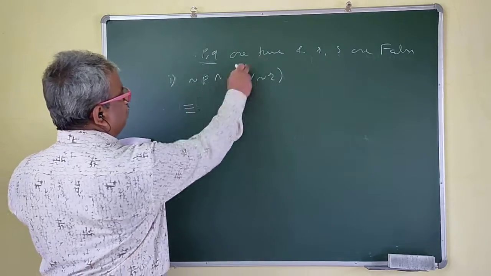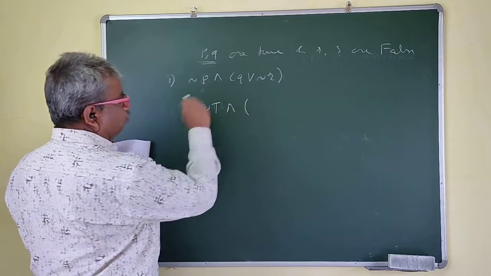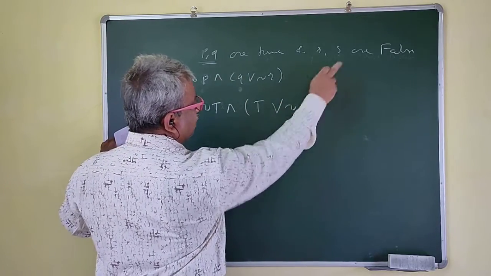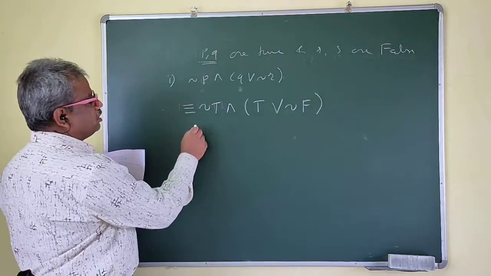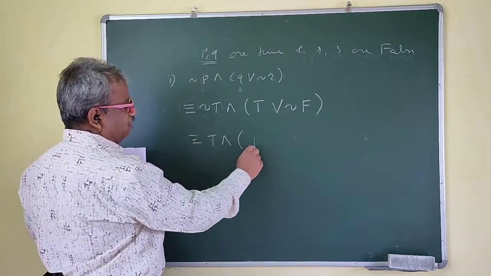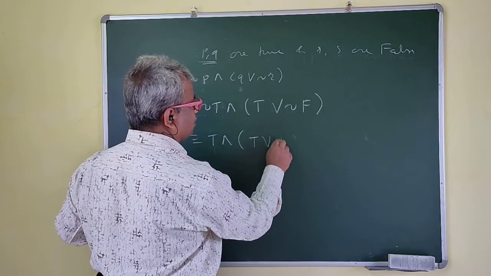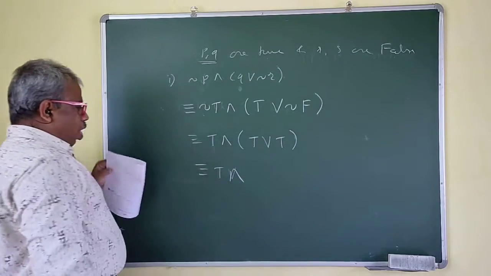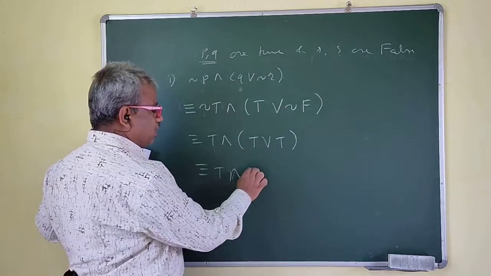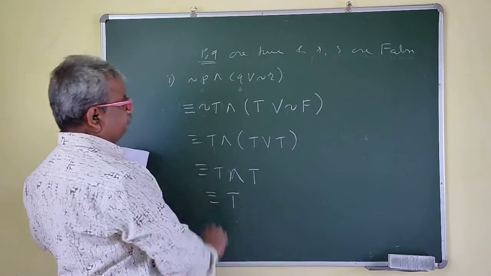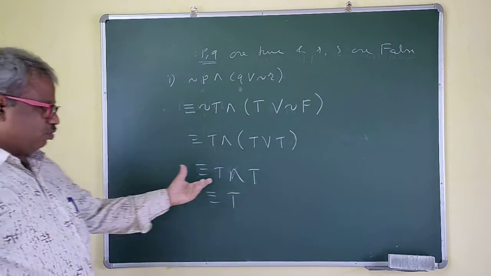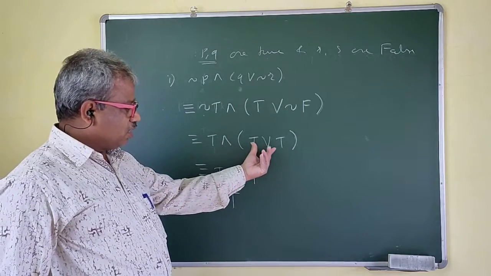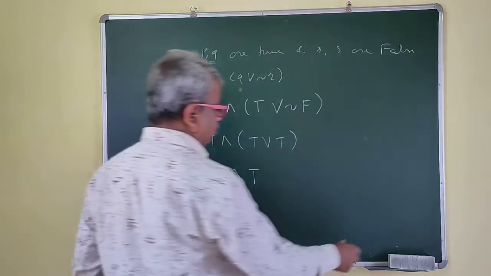Now the truth value of P is what? True. We just write the truth values as they are. The truth value of Q is what? True. Or the truth value of R is false. This is F. Right? Now the negation of F is T, then this is and, this is T, or negation of F is T, right? We'll solve the first bracket first, T or T, and so T or T is T, and T is T, right? So you should know individually T or T, T or F, F or T, F or F, and like this. You should know.